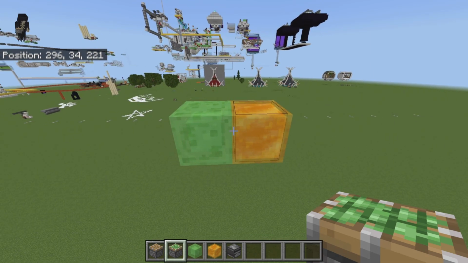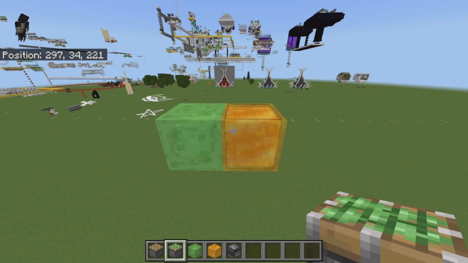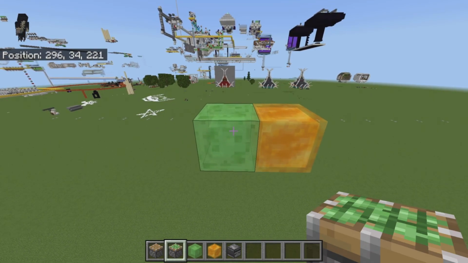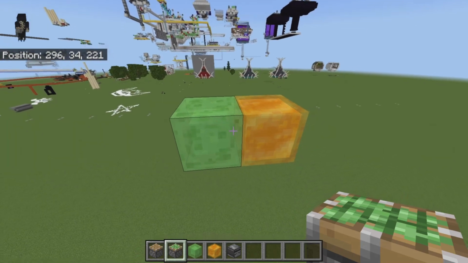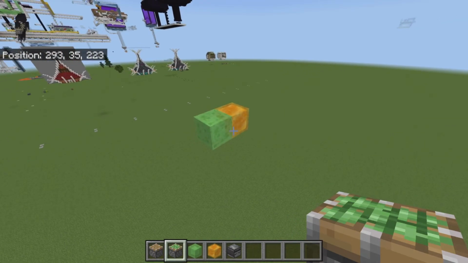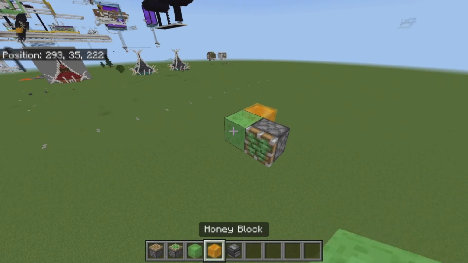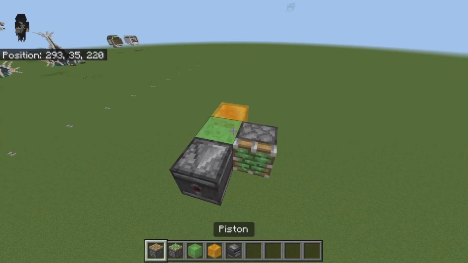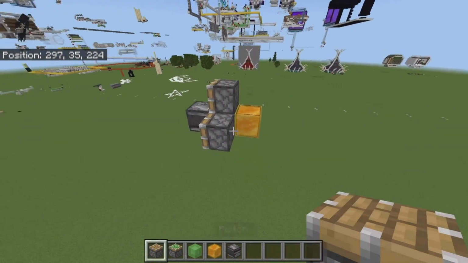If you look right here, there's actually a pixel right there between the slime block and the honey block. And if you look at the slime block bounding box, the black line around it actually encompasses the entire block. Another thing these blocks have in common is that they stick to pretty much any other block type. So if you put any type of block on them whatsoever, those blocks are going to stick to that slime